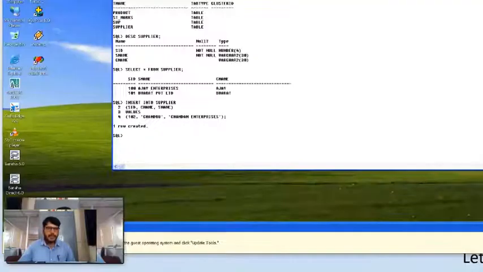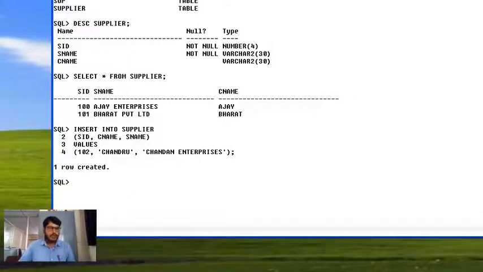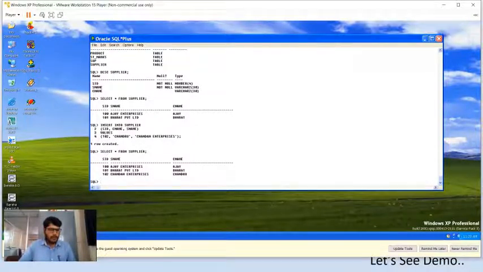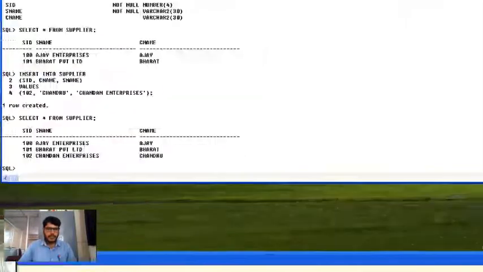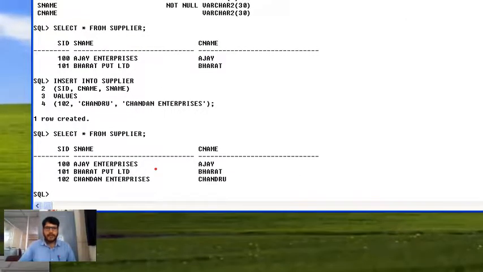You can see it is showing one row created. That means we have successfully inserted a new record in the supplier table. Let us see the supplier table, so that it will display three records now. Let me copy the same statement here, select star from supplier, and press enter. Now you can observe it is showing three records, isn't it?